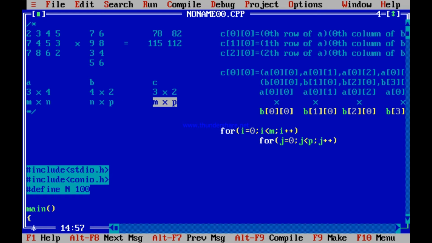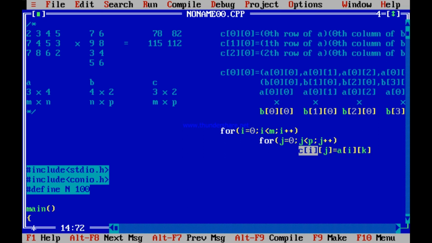For each, what will I do? I have to get hold of Cij. But that must be equal to what? If this is Ci, that is row number is i, then the row of A, i row of A has to be used. Is not it so?